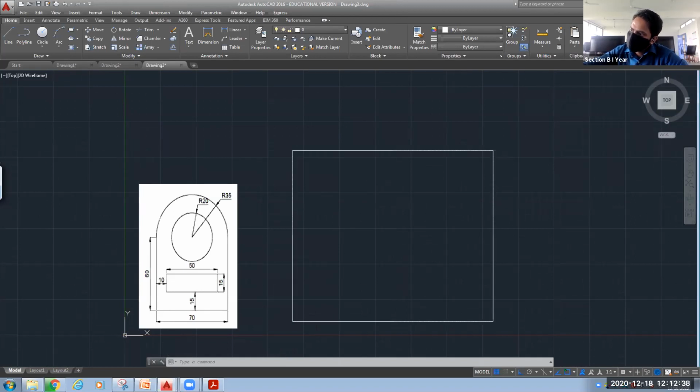Now in the above, you can see one semicircle is there and one complete circle is there. And this is your center location. The center location is on the mid of your above line. So go for this circle command. I need to check where is my midpoint. Okay, so how will I identify?